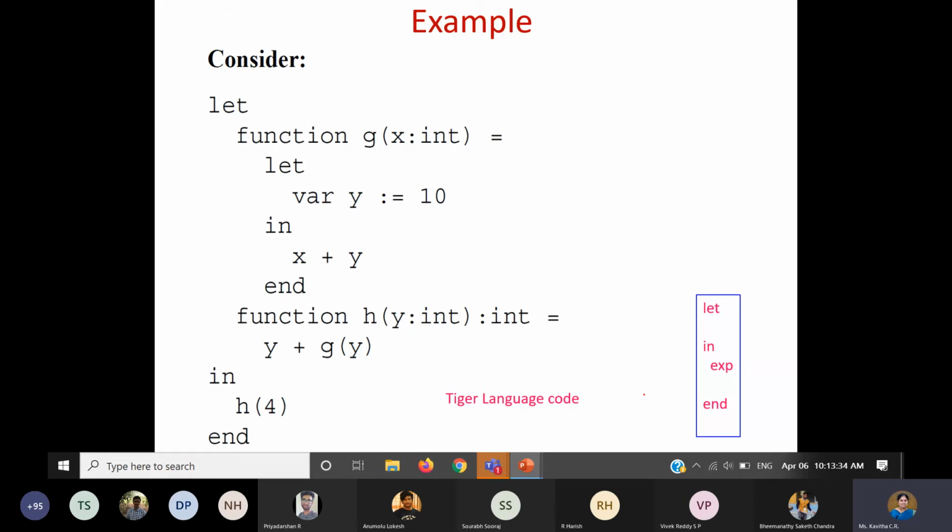This call abstraction, that is the procedure abstraction, has to be maintained properly. So for that we may use smaller languages, and Tiger is one such example. Like how I gave Pascal as an example, that is a very convenient language to represent these kinds of instructions, and whatever constructs and structures we use are more suitable.